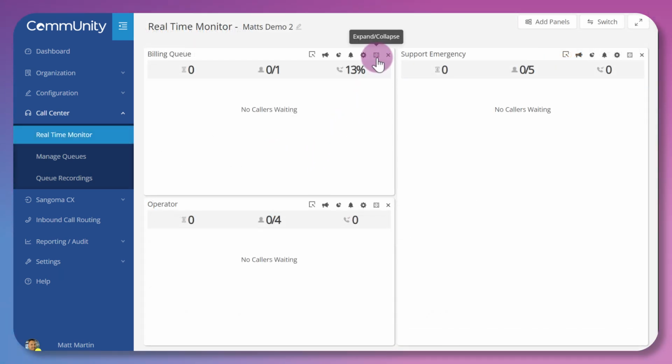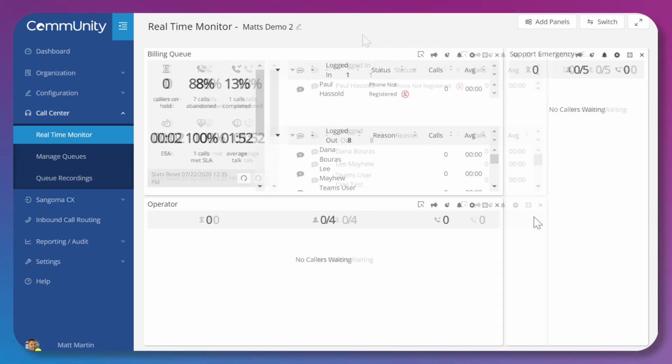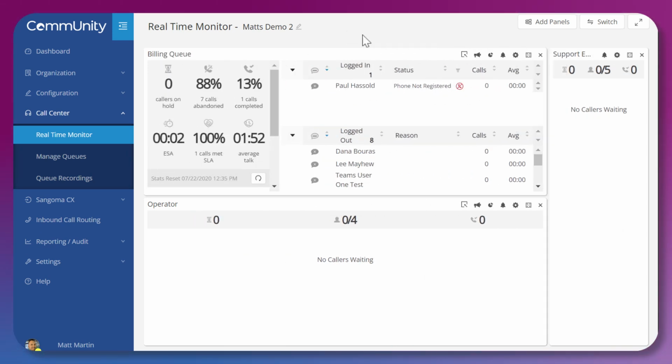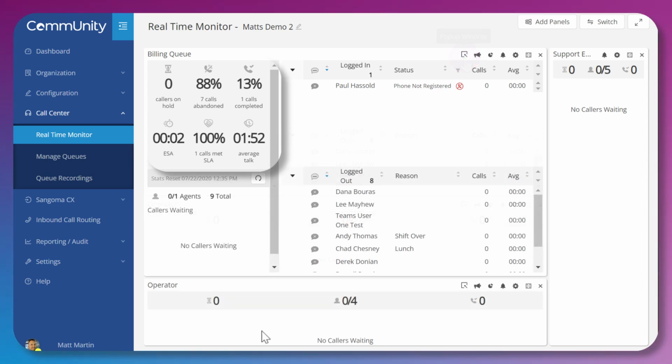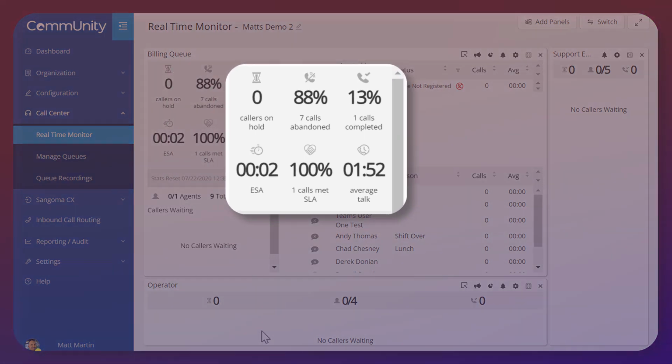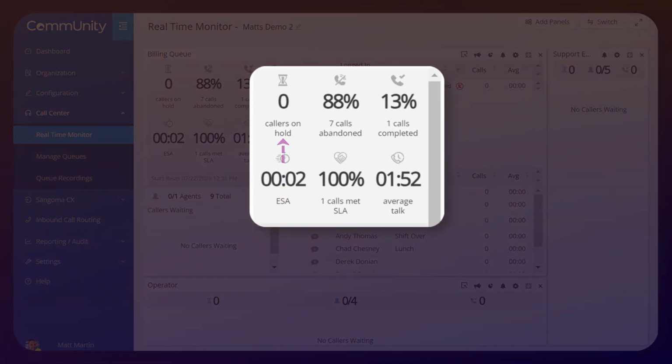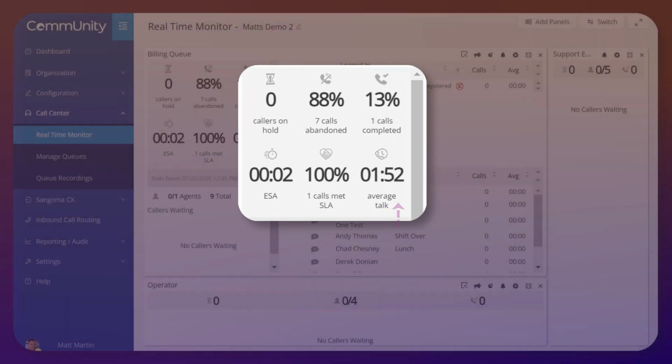Next we have Expand and Collapse. The data seen here is the same as the pop-out window feature, but displays the data in page. On the left, we have Quick Stats, which consists of amount of callers on hold, the amount of calls that were abandoned, and the percentage of all calls it represents, completed calls with overall percentage, ESA or estimated speed of answer, number of calls that met your service level agreement or SLA, and lastly, the average talk time of the queue.